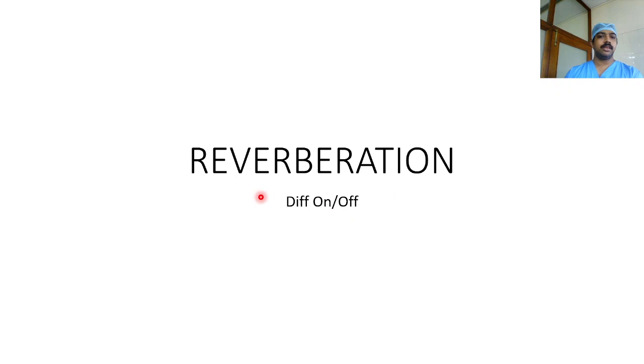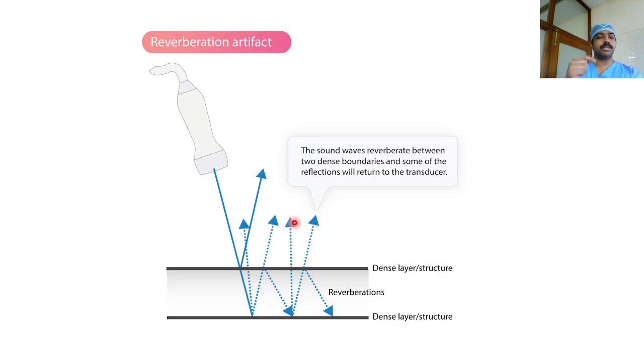Next is reverberation. In our machine, it's denoted by on or off. So if we turn it on, we can turn the reverberation on. So what is reverberation? When we are sending an ultrasound signal, typically we are aiming that it targets the heart and comes back. But if there are any dense tissues lying between the heart and the probe, then this ultrasound will hit them and reflect back. Like in this case, we are sending the signal, there is a dense layer and the heart is still below, so it is hitting here and reverberating there itself. So that is creating more noise. That is what we call a reverberation artifact.